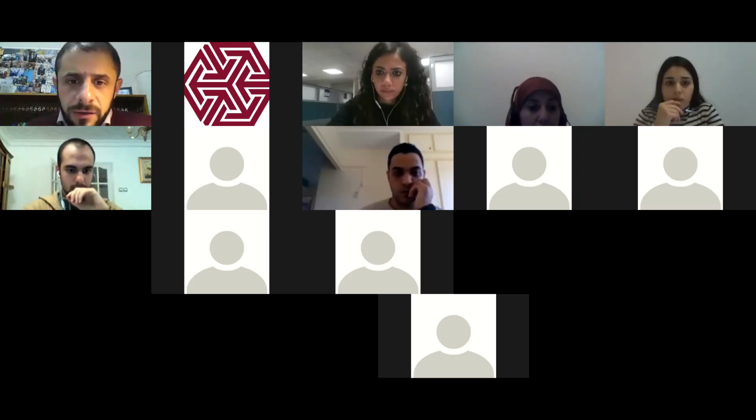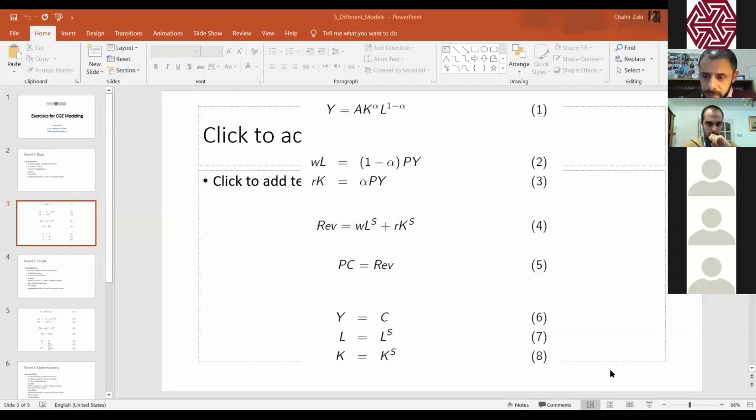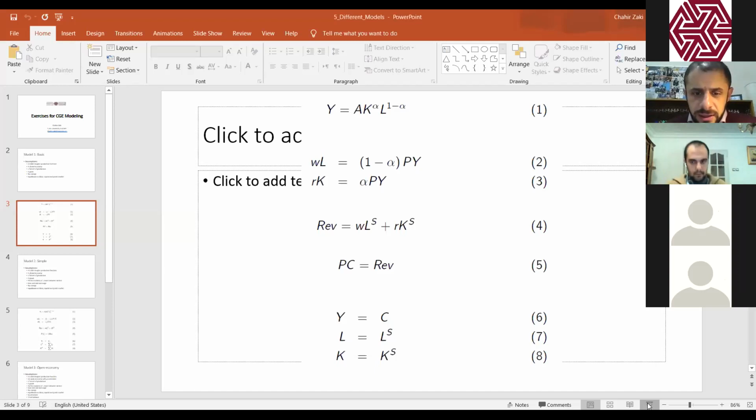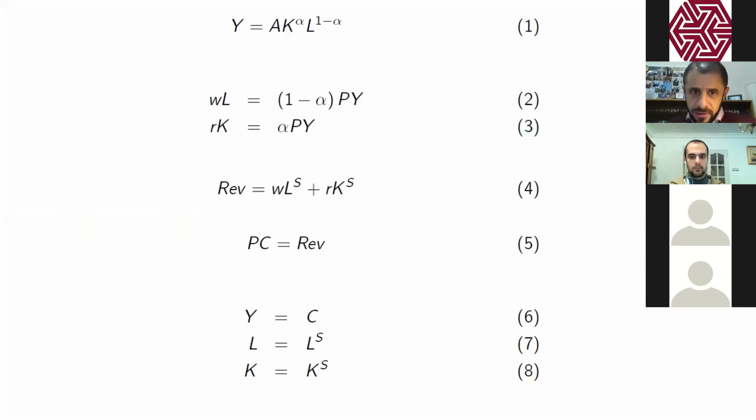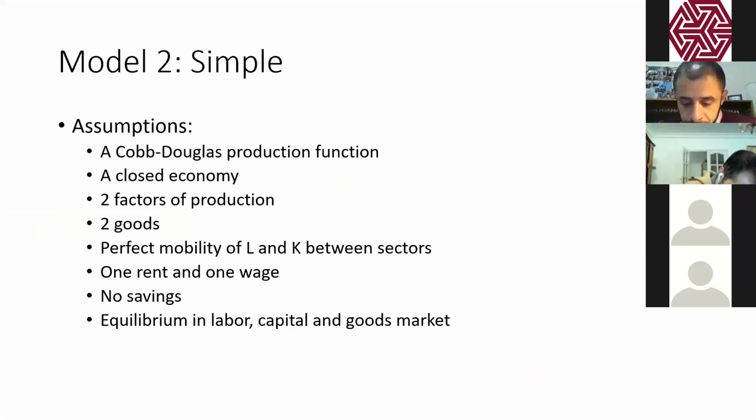And the difference in this case, I remind you that that was the initial model that we had, where we had 8 equations and 11 variables with 3 exogenous variables and 8 endogenous variables. That was the initial model. Now the next model that we'll call simple,